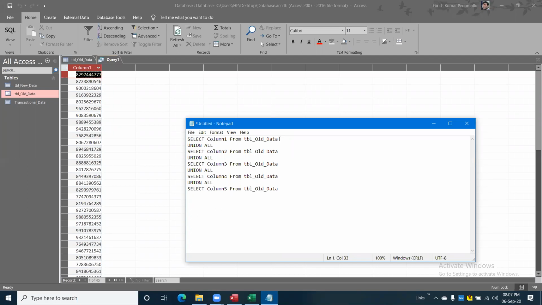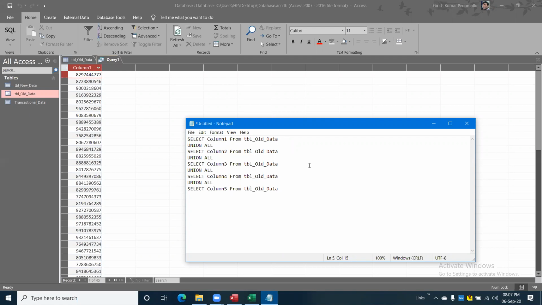Correct? Yes. Whatever query you have written, the same data will come out.